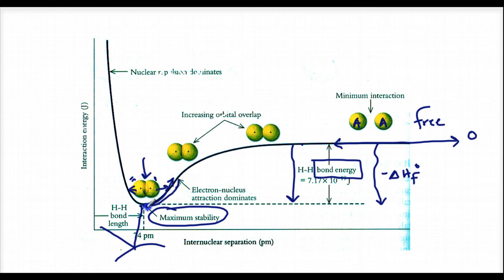But it can also give off more than it had and also start climbing up this way. If it climbs up this way, that means it's vibrating or getting too close, and the 2 nuclei that are positive here start repelling. So what really happens is that atoms are not static. They're constantly vibrating, which means they're pulling apart and they're going toward each other. So the distance, the bond distance or bond length